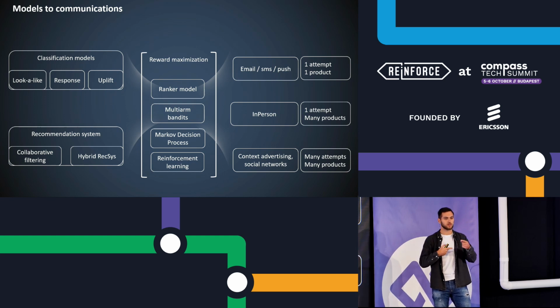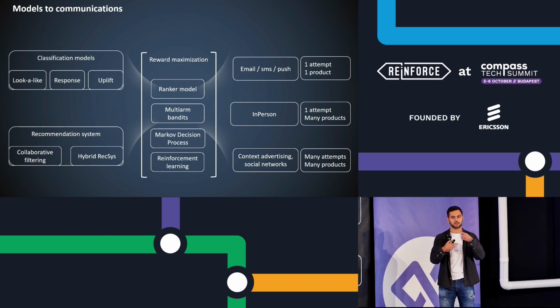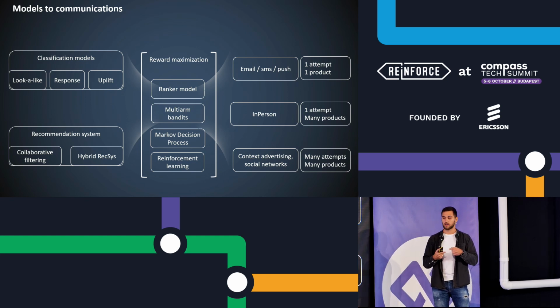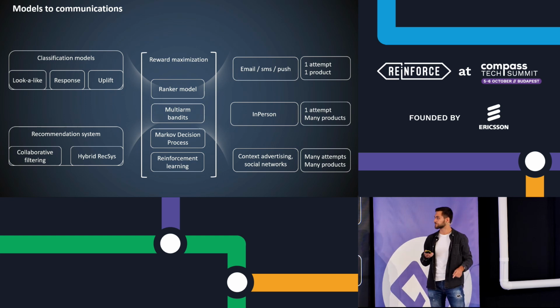Just because we have a lot of feedback loop, because the customer has seen the advertising, we can immediately get a positive or negative answer from the customer. And because we have a lot of interactions, we have a lot of data, and that's why we can use multi-armed bandits. How do they work? We have, let's say, a hand, we just pull the hand, again and again and again and again.